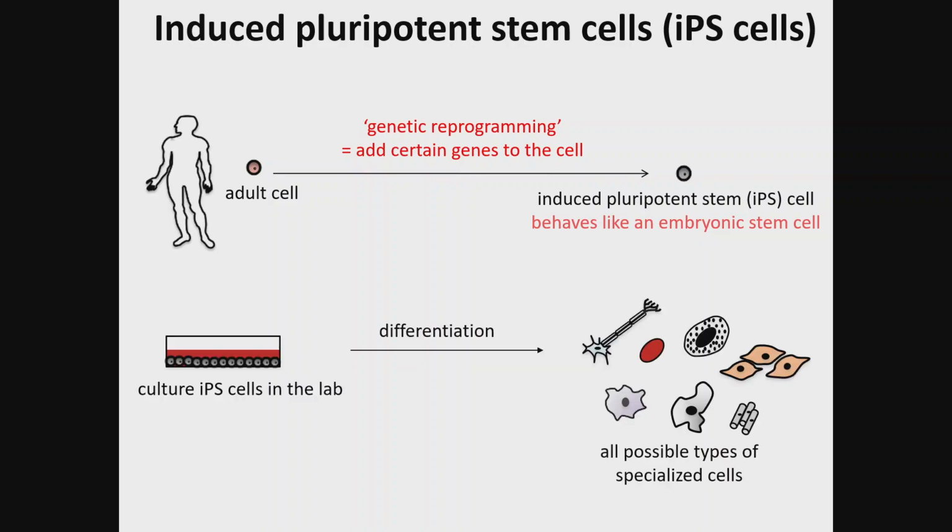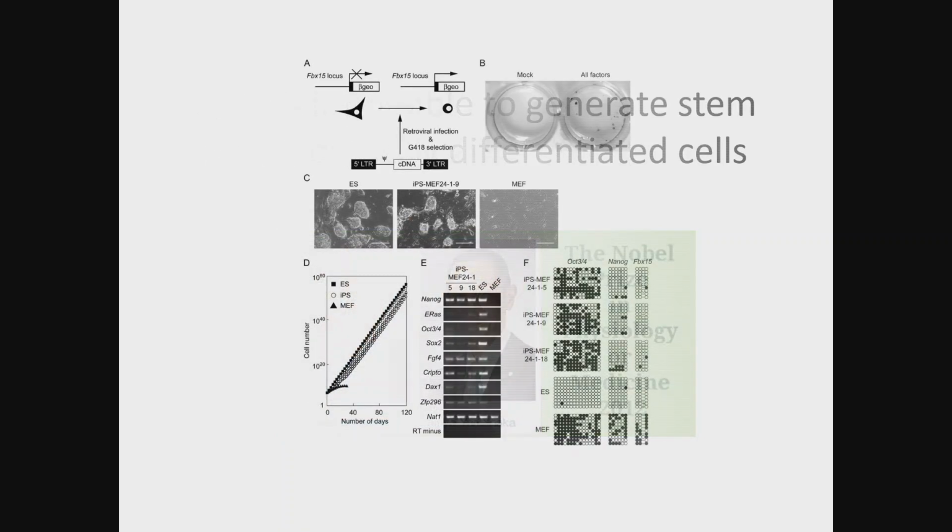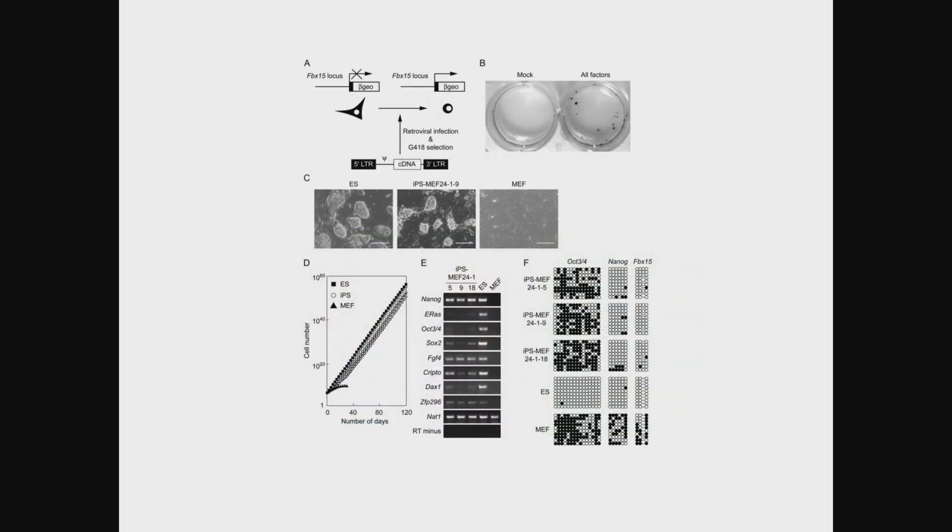So what happened is that Yamanaka won the Nobel Prize, Gurdon won the Nobel Prize together with Yamanaka, Gurdon for the nuclear transfer, and Yamanaka for the iPS. So what he thought is, okay, we already know from stem cells what transcription factors they are expressing. We know which ones of them may be important. So let's start adding them into